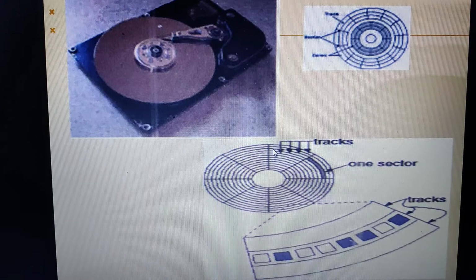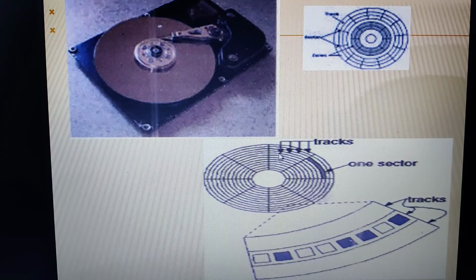See, once the read or write request has been received by the disk unit, that means once the user provides the read or the write command to the hard disk, it will receive the read or write request by the user. That time there will be certain delay until the required sector reaches the read or write head. See here, we have so many sectors here.